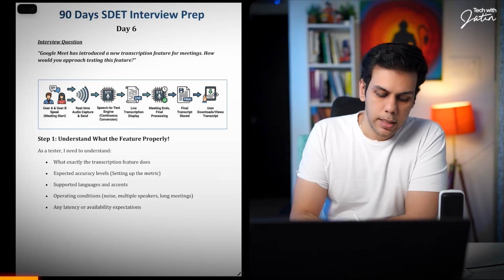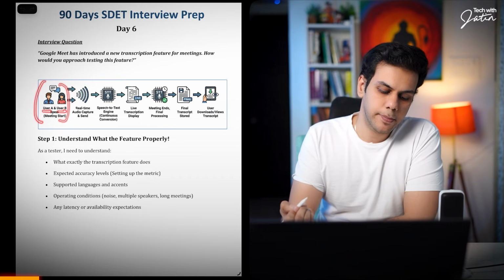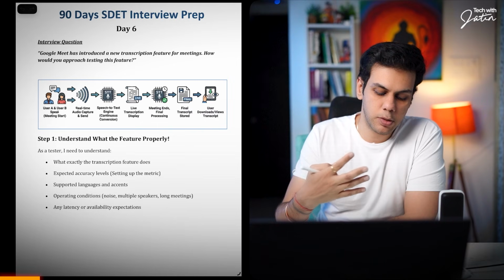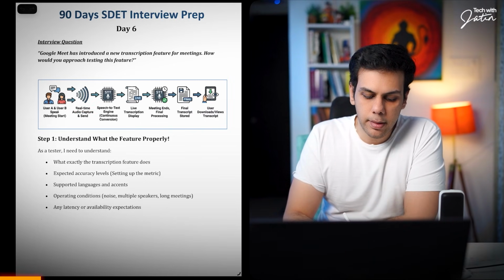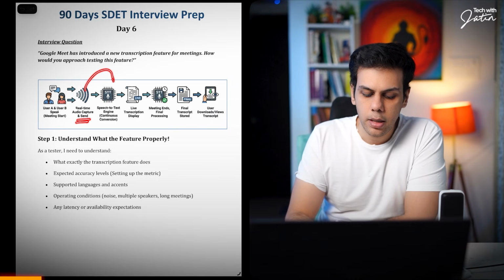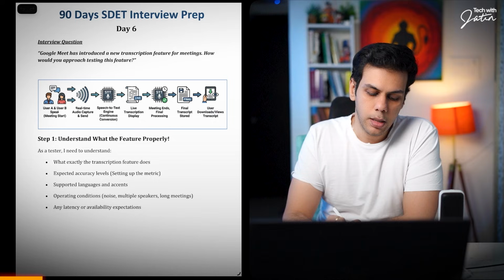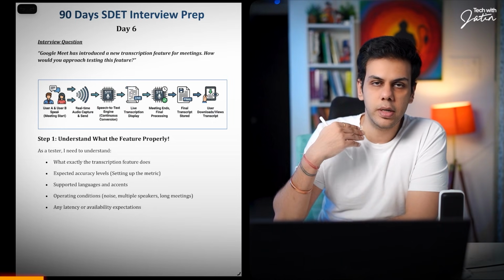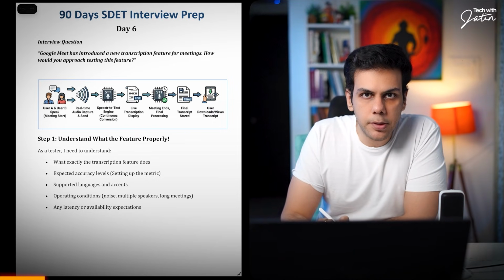So let's say there is this user A and user B. They are using Google Meet, and technically, whenever the two users or the two people are speaking, the real-time audio is captured and is sent to a speech-to-text conversion engine. What this speech-to-text engine is going to do is convert whatever the audio is into text.